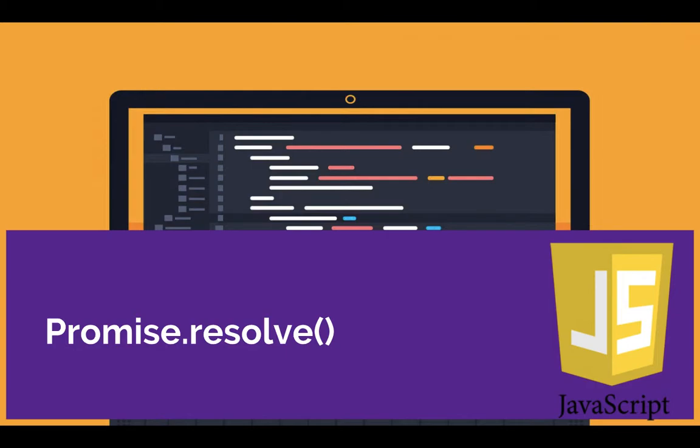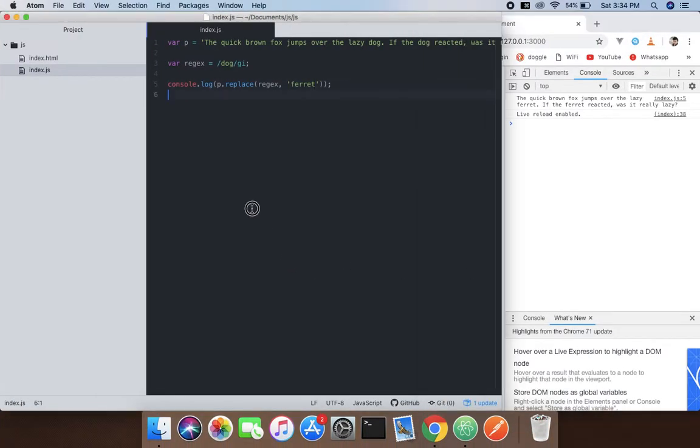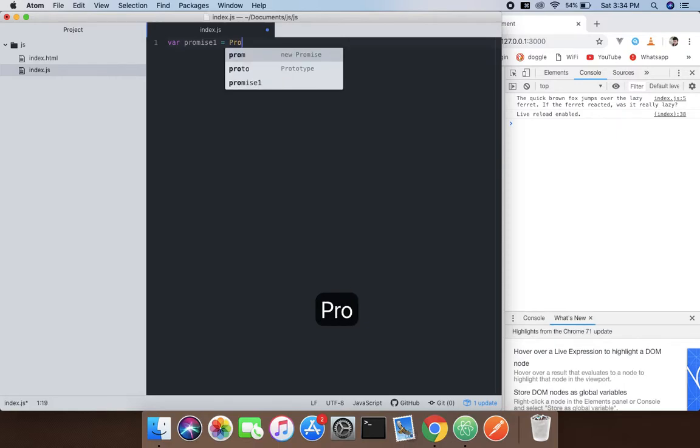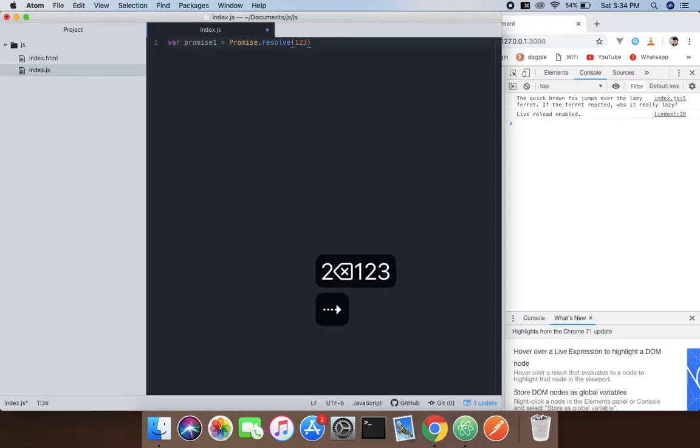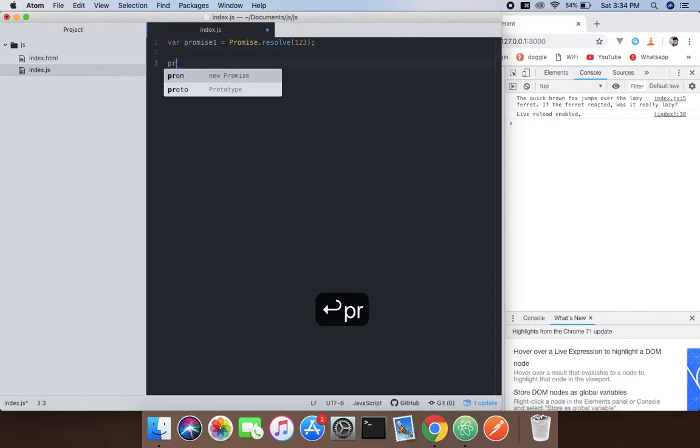So let's begin. What I'm going to do is create a variable called promise1 equals Promise.resolve, and after that pass 123, and promise1.then,